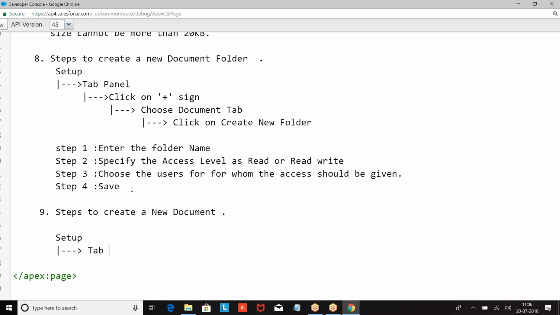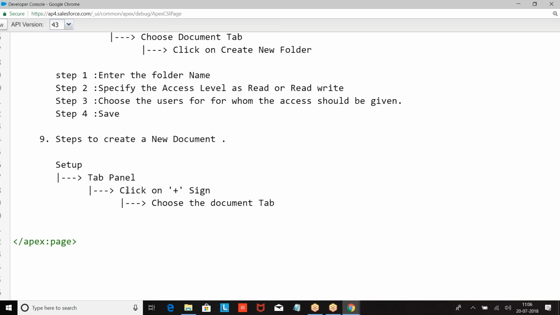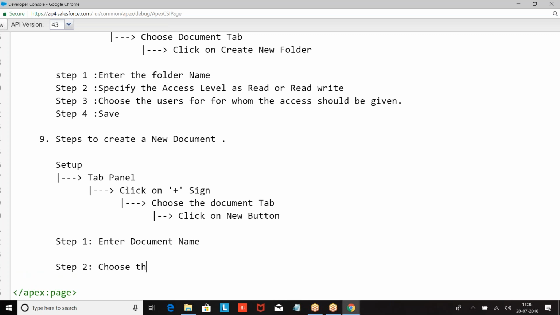Setup, tab panel, click on the plus sign, choose the document tab, click on new, then step number 1, enter document name, choose the document type, internal or external.